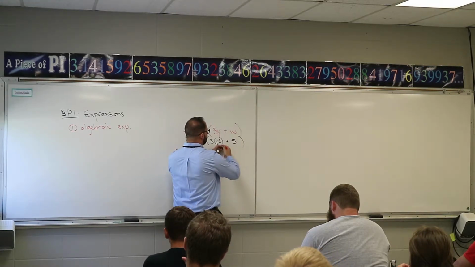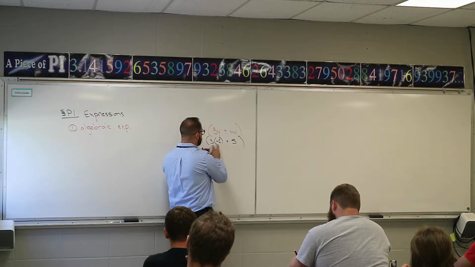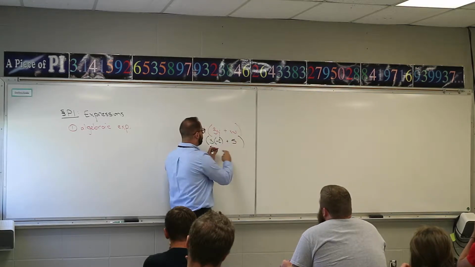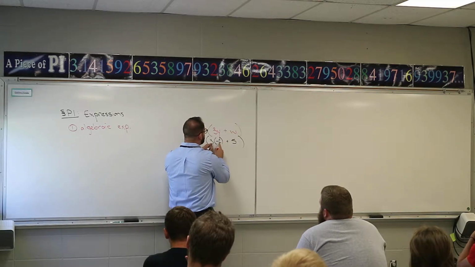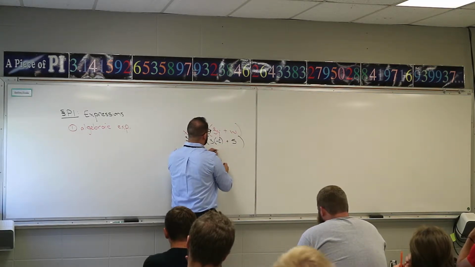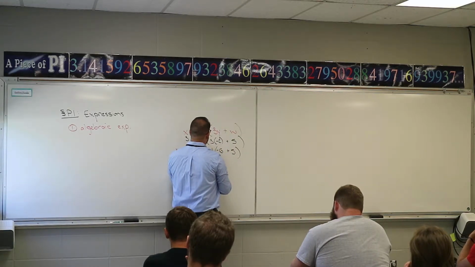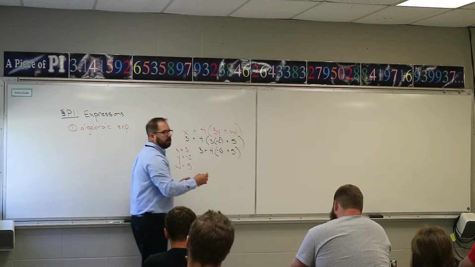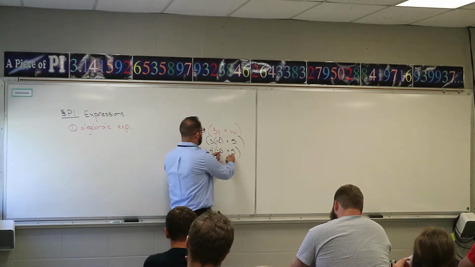I know this looks like parentheses, but it's actually just multiplying. It's not distributing or anything like that. So inside the parentheses, finish this math off. 3 times negative 2 is negative 6. We're going to add 5 to it. Again, I need to finish the parenthesis before I can move on. So adding negative 6 and 5,